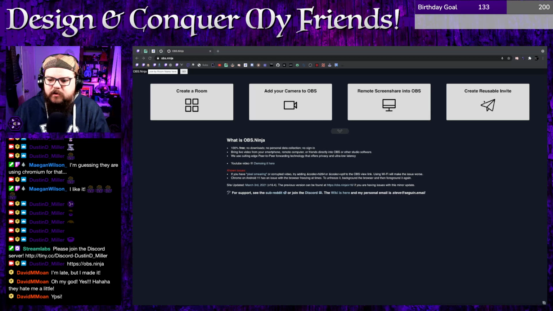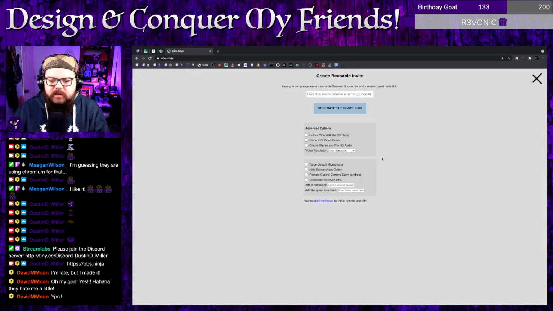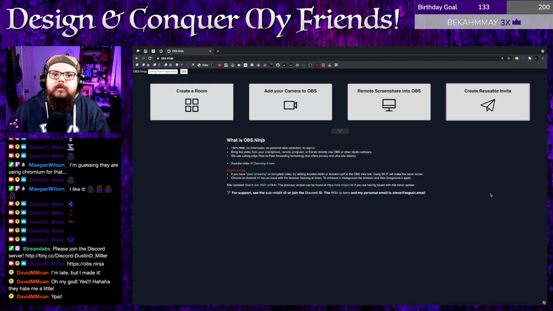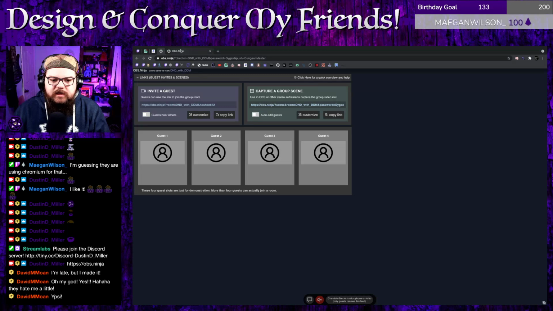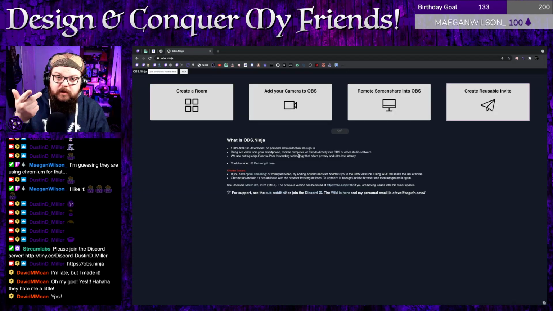And then finally, create a usable link. This one is so that way you can actually populate all of the advanced parameters that I mentioned. You can populate all that stuff, give it an actual name, so that way it can get reused time and time again, which this D&D with DDM, I have custom links for player 1 through 6 that I've created that you still need the password for, but it includes that player 1, player 2 label on it, so